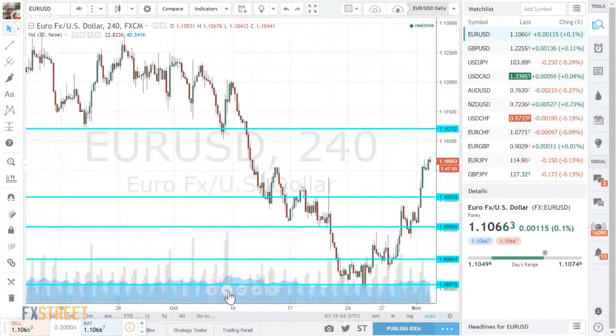Okay, so here we are making quite a bit of headway since the bottom. The bottom 108.50 is the line to watch. 109, 109.60, 110, of course, the round level. And here I could add lines between 110 and 111.20, but 111.20 is such a strong line that it deserves